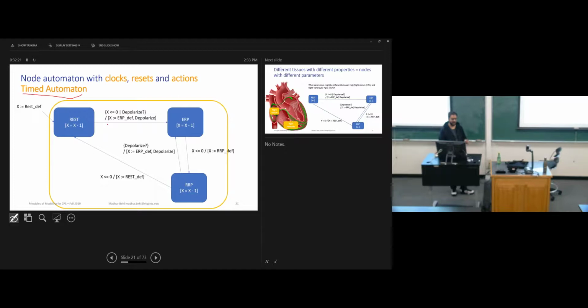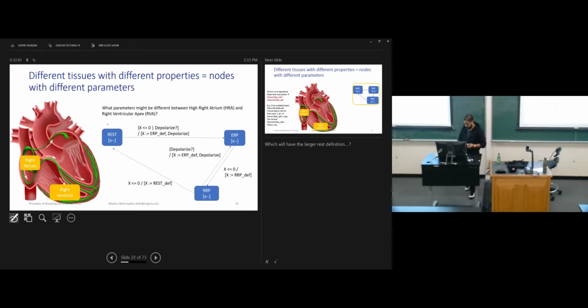You just saw this example, and you have built your first model of what a timed automaton is. It has all the key ingredients of transitions, guards, clocks, resets, and actions. Okay, so let's look at a slightly broader view of the heart, not just this tissue level. Let's say I want to mimic the physiological signals from the heart that can be sent to the pacemaker. So in that case, I propose that I can actually use this node automaton